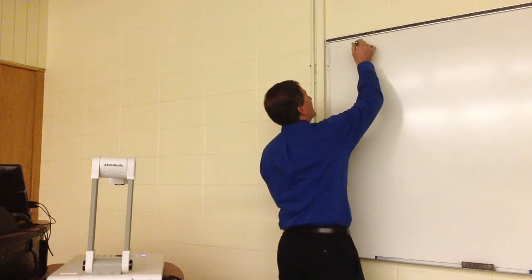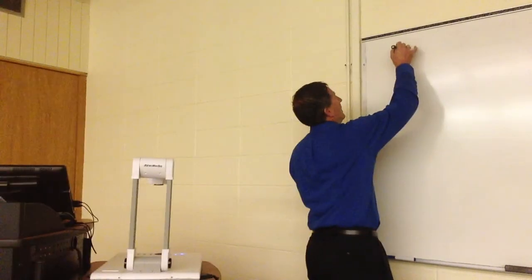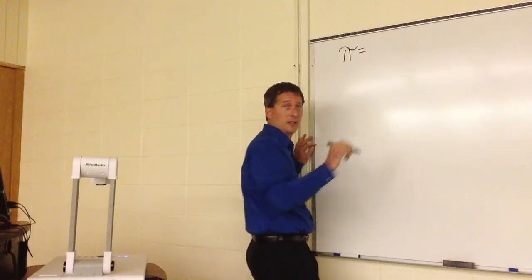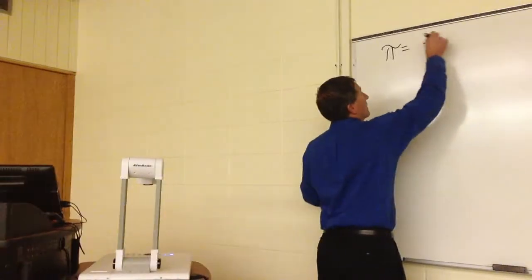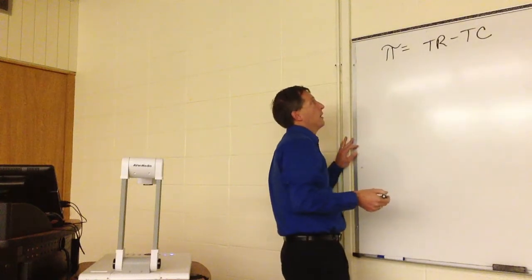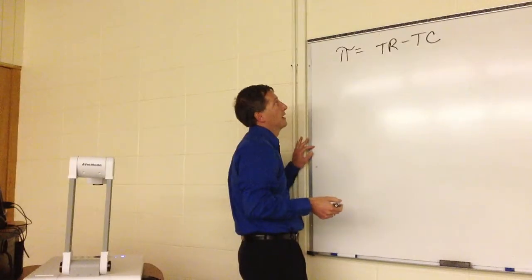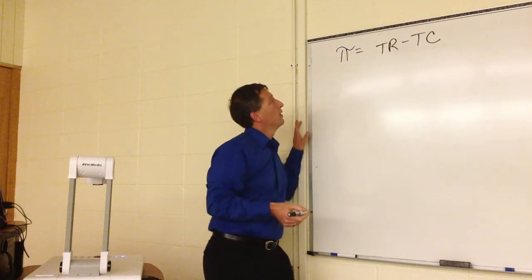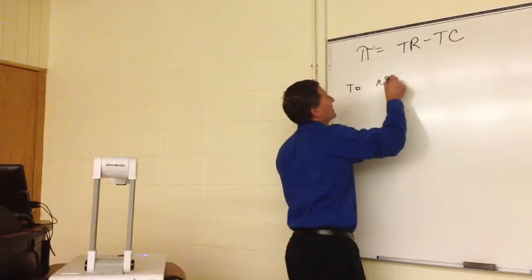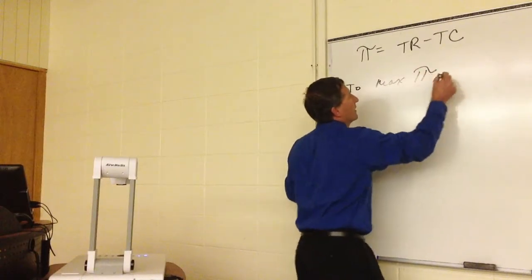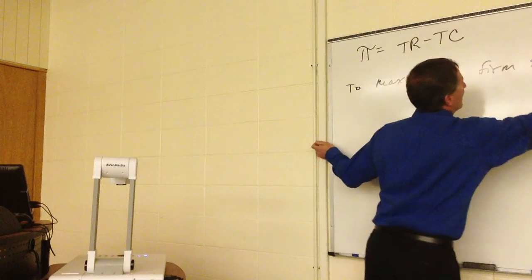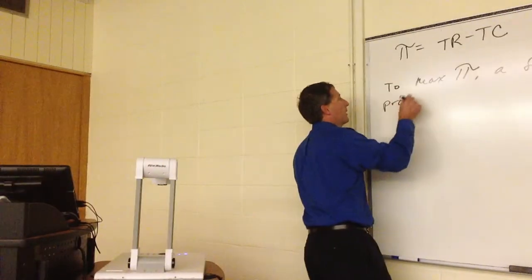Revenue. So let's get back to the basics here. So we are trying to maximize profits. Profits are equal to total revenue minus total cost. Okay. So what are we trying to do? So to maximize profits, a firm should produce the quantity,